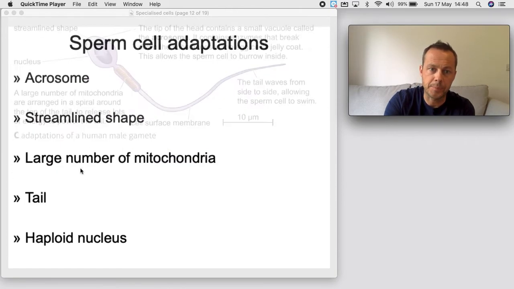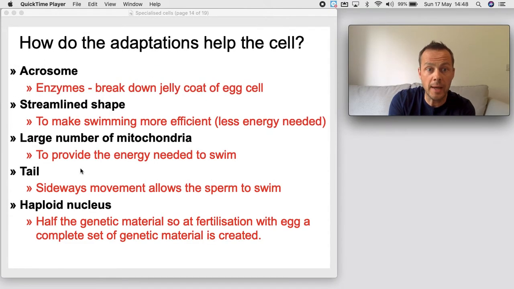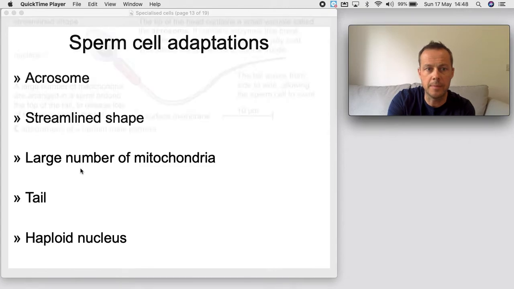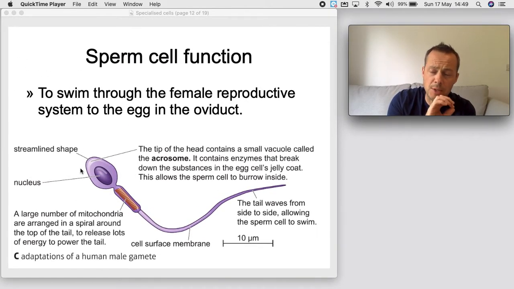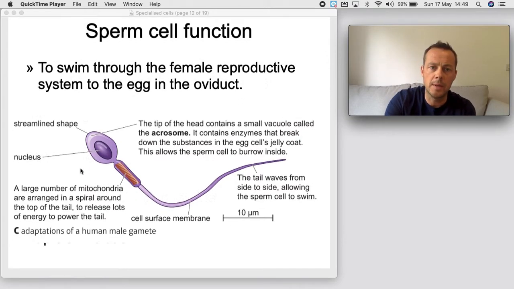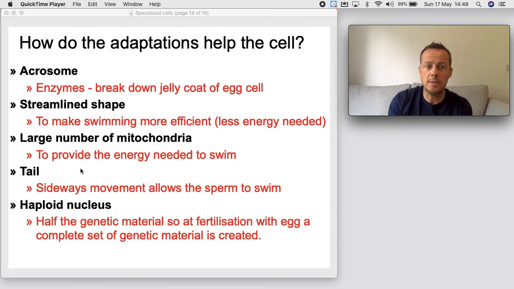egg cell. The streamlined shape, if you look at sperm cells, they are supremely adapted to being very, very streamlined. Now that streamlined shape means the cell doesn't need to have huge amounts of energy to be able to swim. It can swim as efficiently as possible. Still needs a lot of energy, but because it's efficient, that energy is being used to help it swim towards